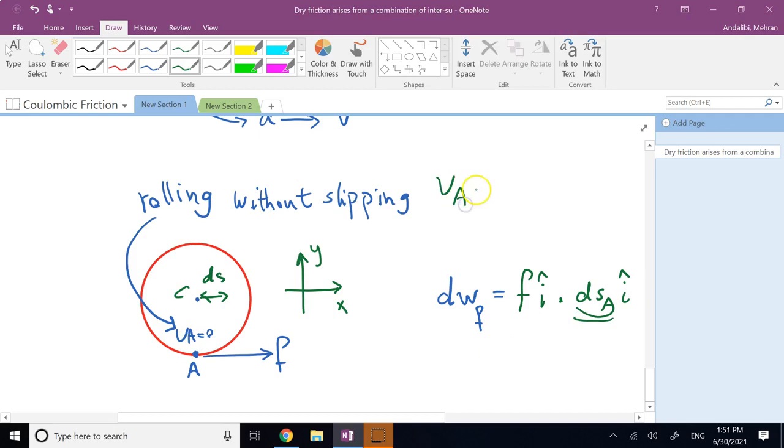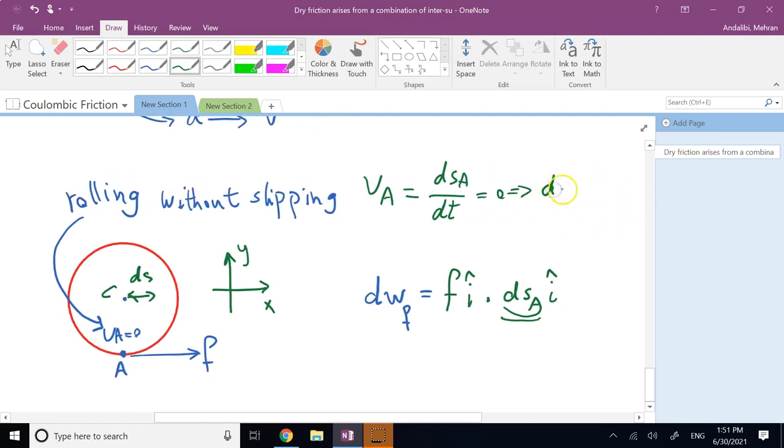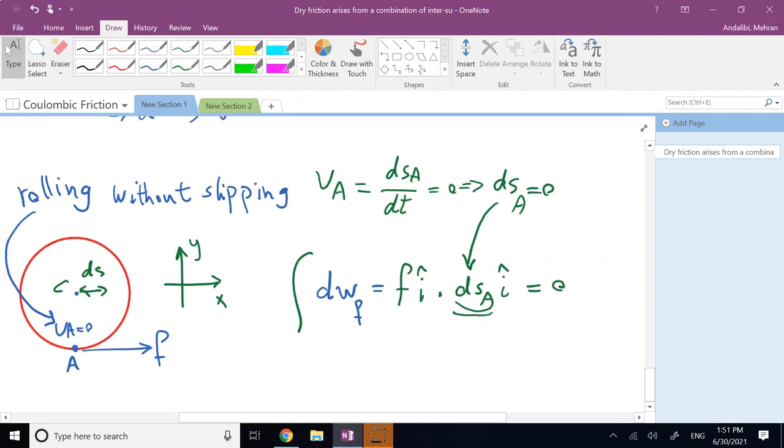You know, v of A, the definition of it is ds of A over dt. When this is 0, it means that the ds of point A is 0 for that point. And when you apply it here, it means it is not going to do any work. And now even if you integrate this over some distance from point S1 to point S2, still going to be